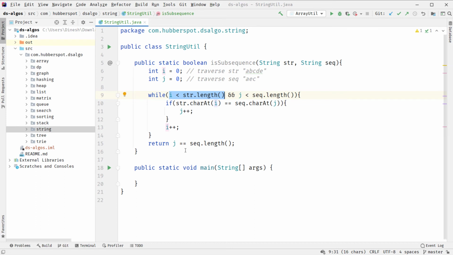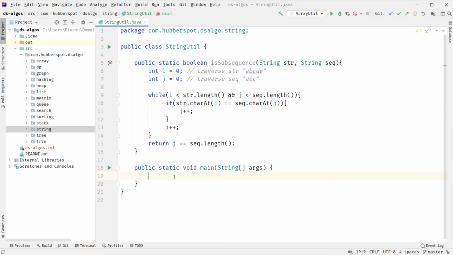At that moment, this condition would have come out to be false, which says that AEC is not a subsequence of ABCDE. So friend, this is the algorithm which helps us determine whether any sequence is a subsequence of the original string or not. Now let's test its working in the main method.